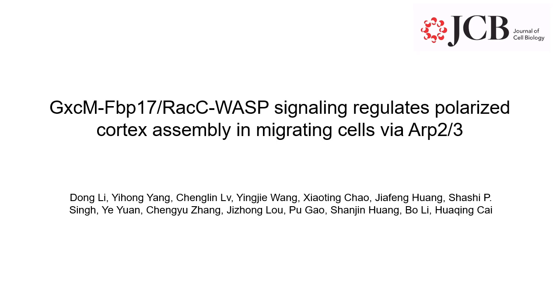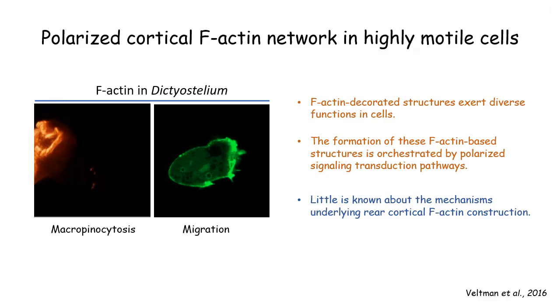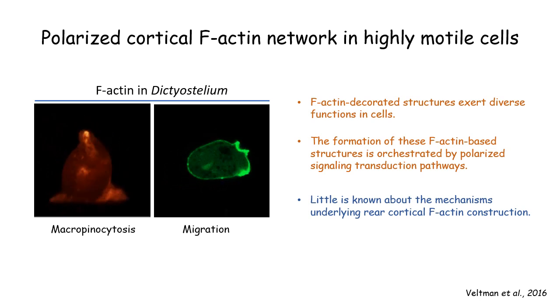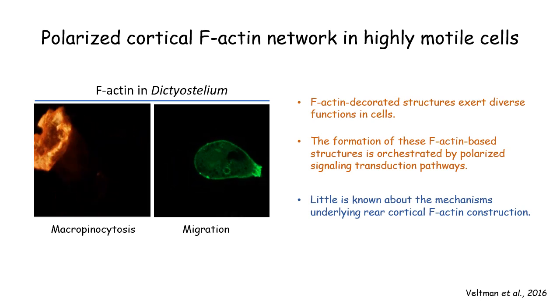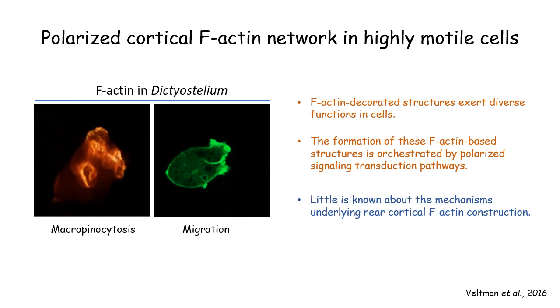I'm going to introduce our Journal of Cell Biology paper entitled GxcM-Fbp17 RacC-WASP signaling regulates polarized cortex assembly in migrating cells via Arp2. Adopting a polarized morphology is the basis for a cell to achieve diverse functions, such as nutrient